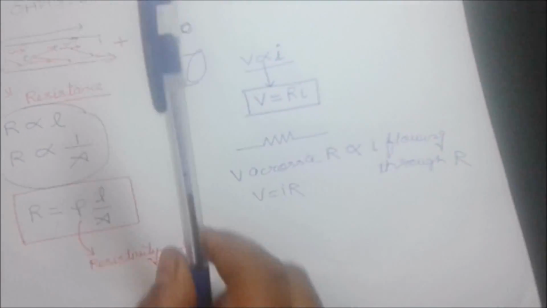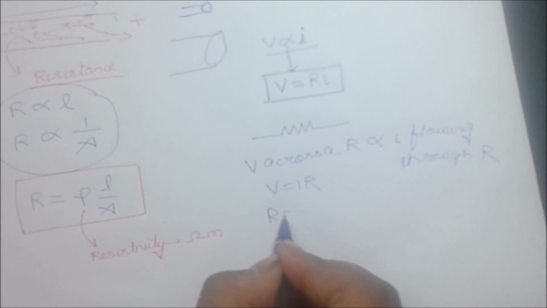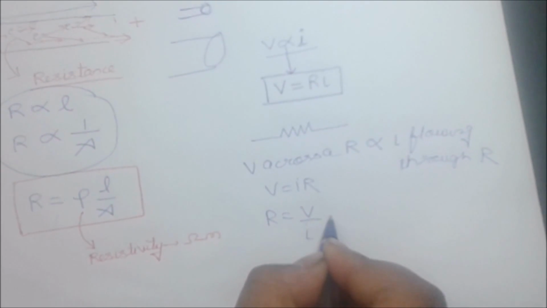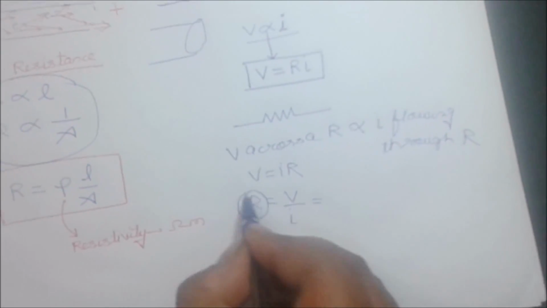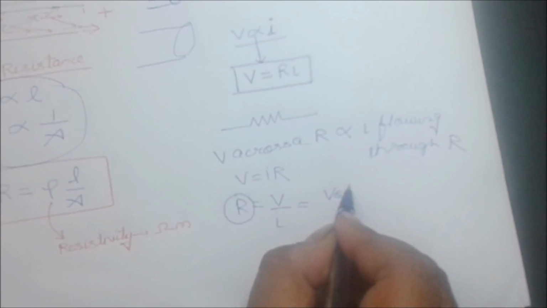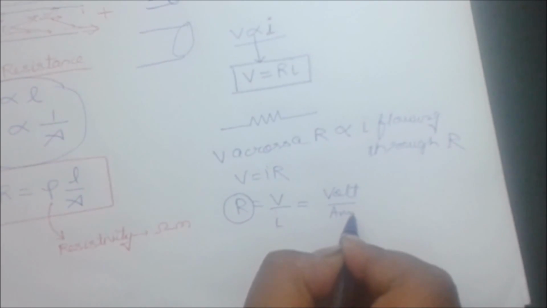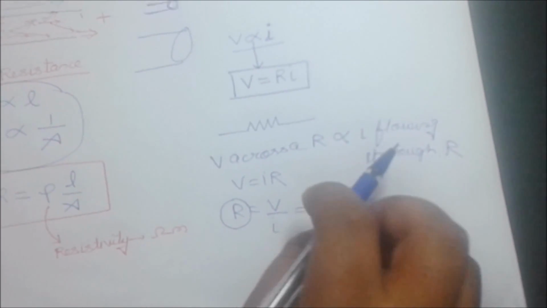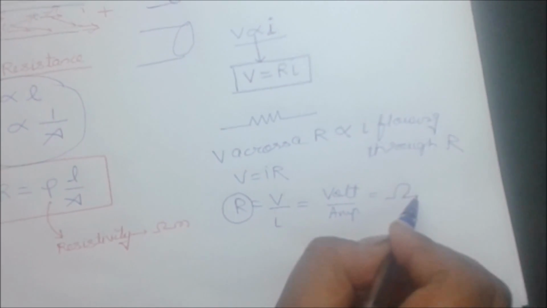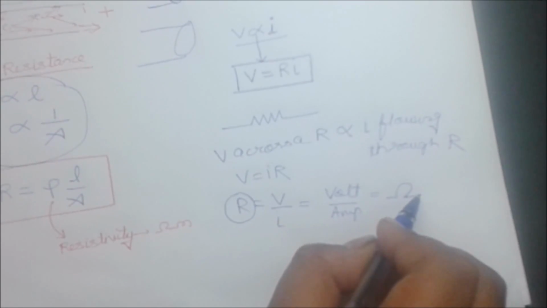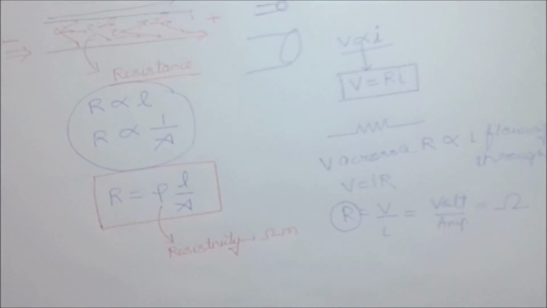Now, resistance is equal to V divided by I. Therefore, unit of resistance is volt per ampere, or we know it as ohm, represented with symbol omega. Okay, so this is Ohm's law. Moving further,